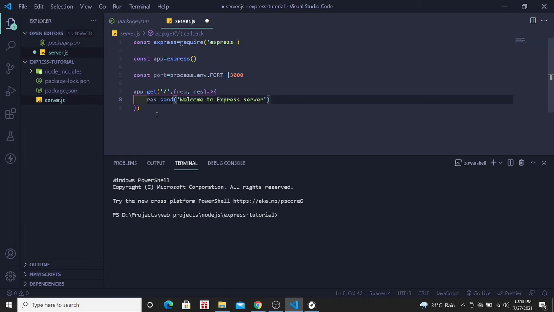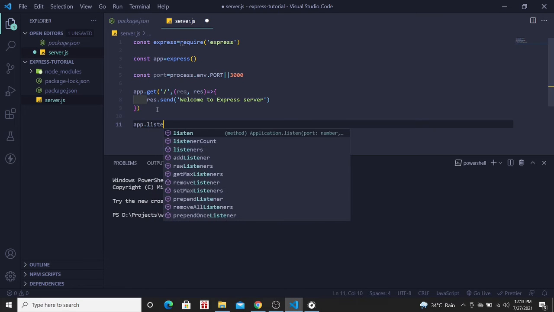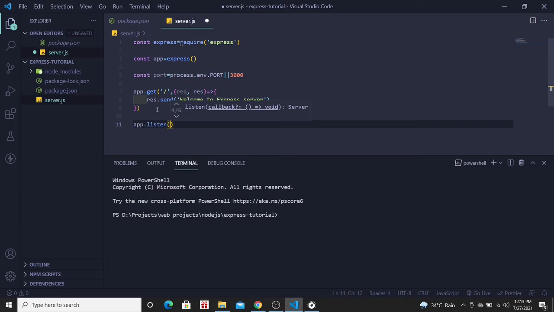Another thing I need to do is make the server start. For that we have a method called listen, which will make the server start listening at that particular port. So this listen method takes two parameters as its argument. First one is the port number, the variable, and then second one is a callback function which will be executed whenever it starts listening to the port.